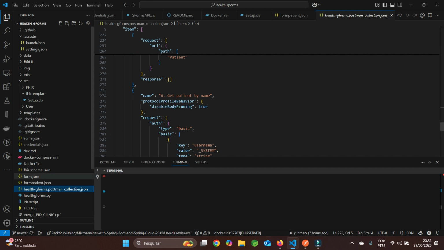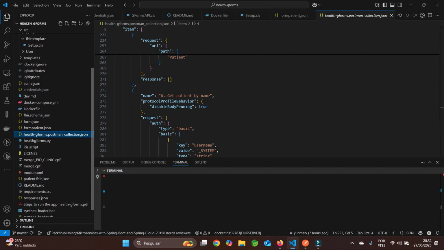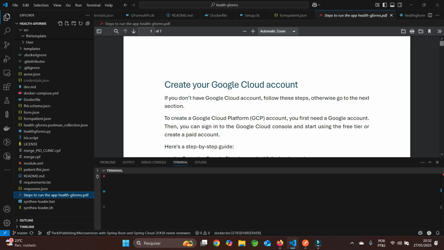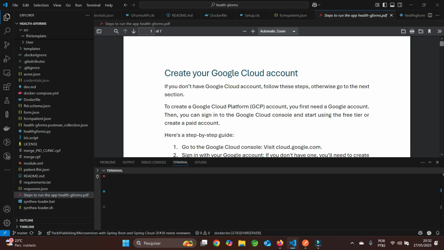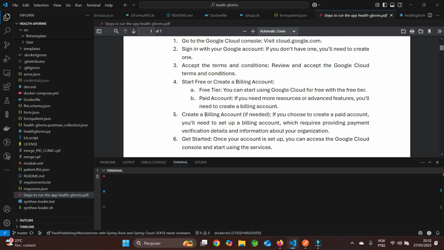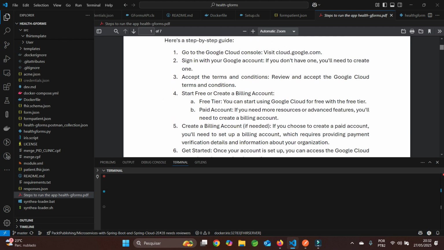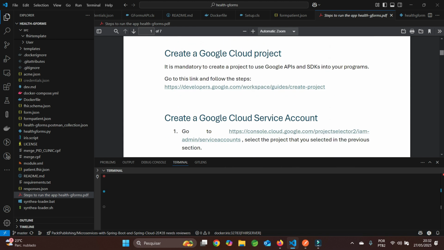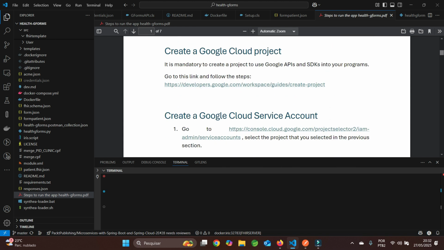In this file, steps to run Health G-forms PDF, you find all steps to create your Google Cloud account, create your Google Cloud project that you